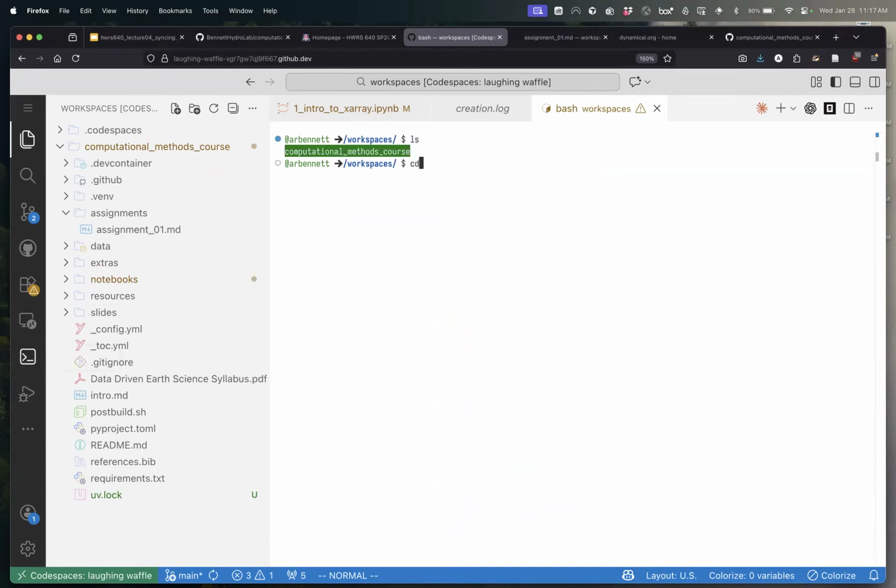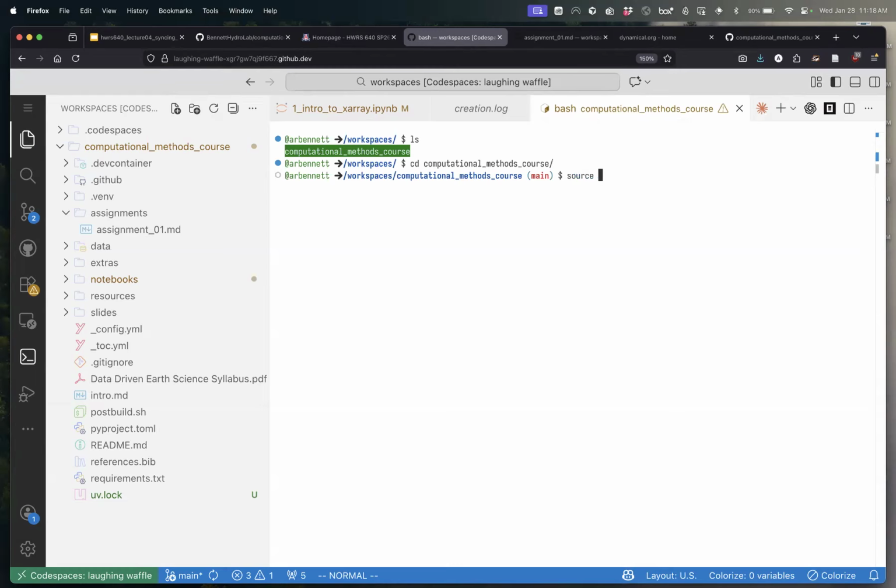On codespaces, it's always going to be running on a Linux system, so cd and ls rather than like dir. I don't remember the Windows command to change directories, but ls is going to give you listings, so you can cd to your computational methods course, and then what you can always do,